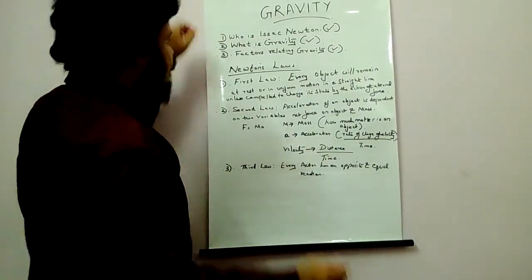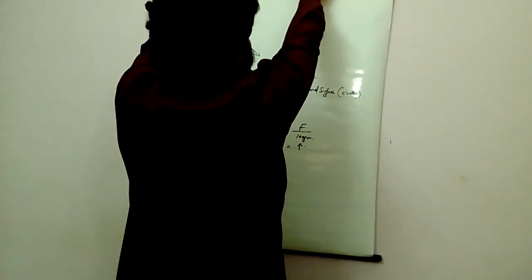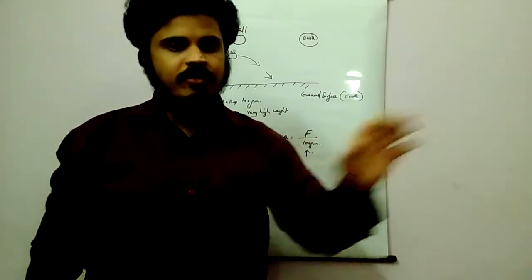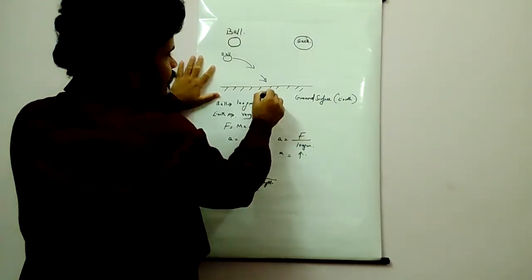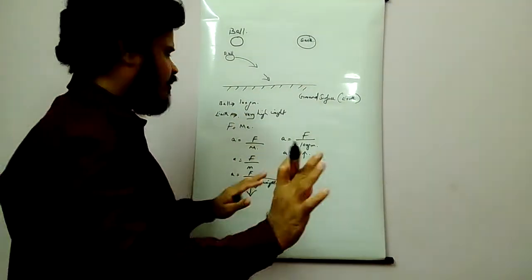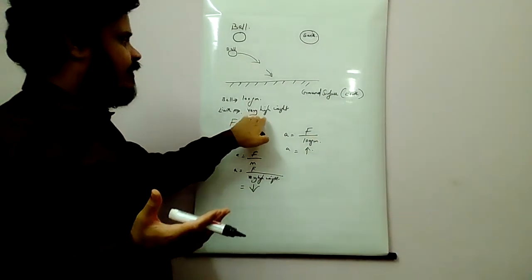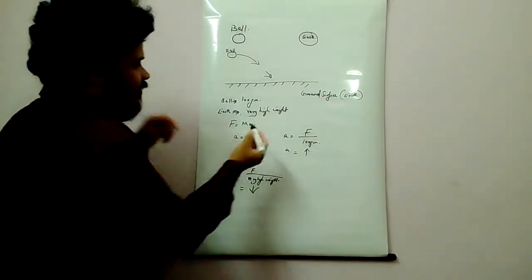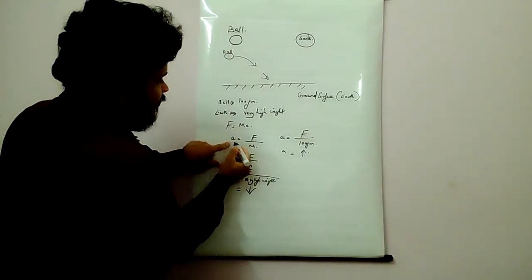Now, coming to the factors on which gravity depends, as I already mentioned. When a person throws a ball, why does this ball fall on the earth's surface? That depends on certain factors. Here you can see a ball is thrown and it will fall on the earth's surface. This is the ground surface. Take an example: the ball is 100 grams, just 100 grams. The weight of the earth is tons and tons, very high compared with the ball. As per the second law, we have F equals ma, so acceleration equals F by m.